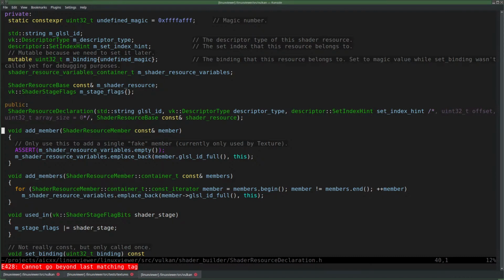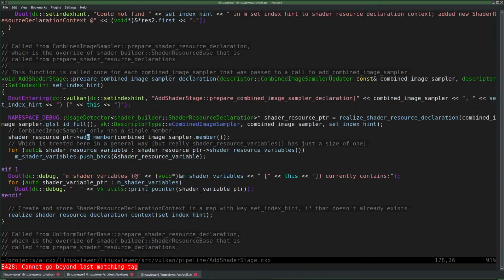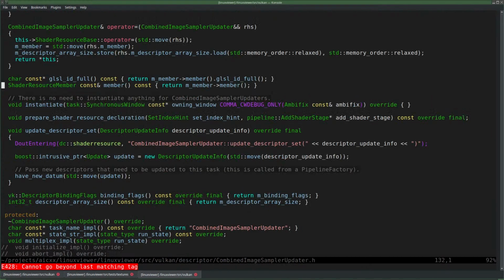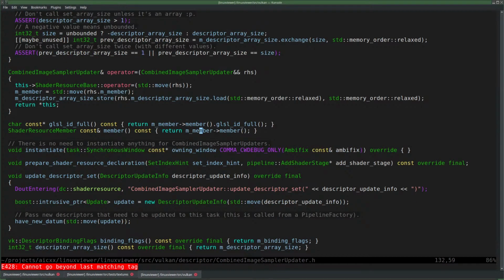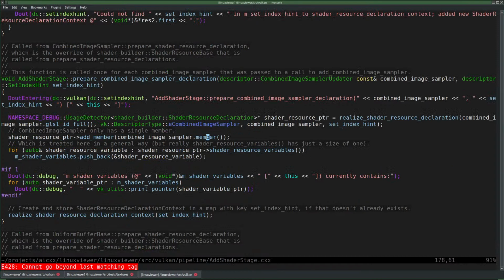Yeah, it did put back here the glsl ID full on member. The member is being passed. So already have a member here. Combined image sampler member. I should look at this. It's member. No, goes too far. Anyway,